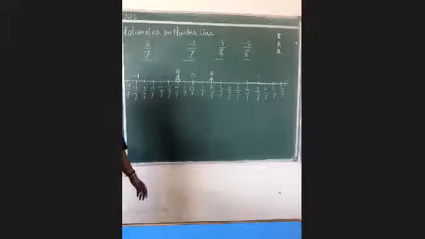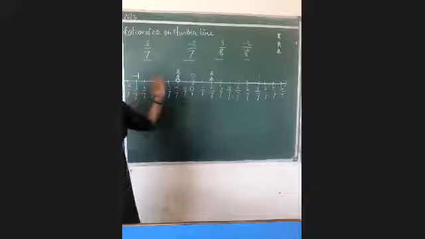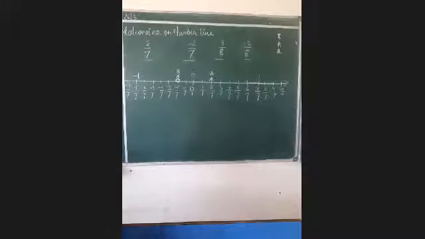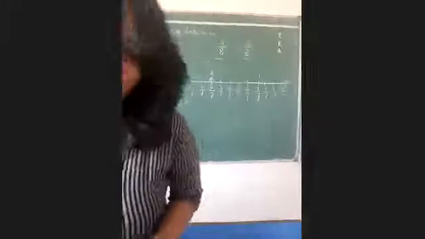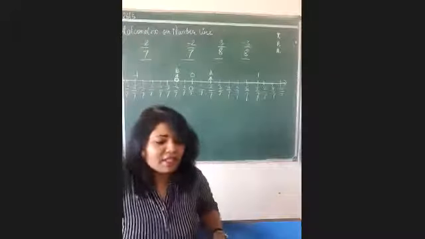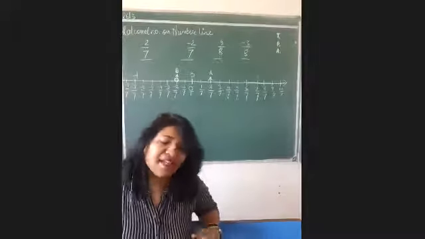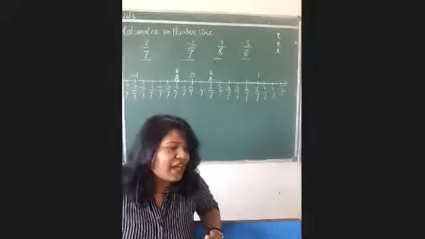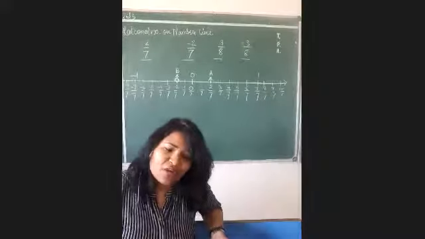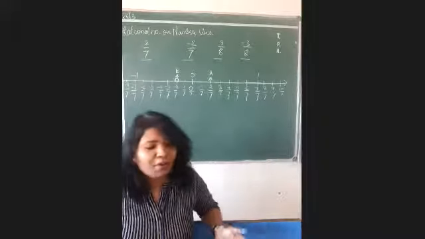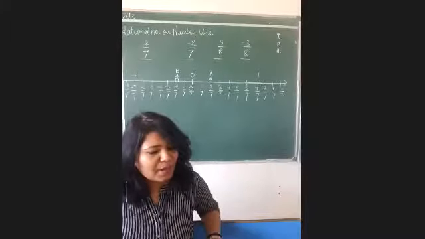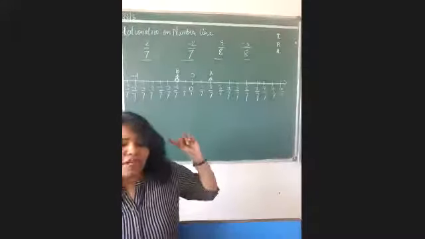This is completed. Now you can see there are so many numbers which are already represented over here. So you can take any one. In your NCERT, the questions are very, very easy for number line. But remember, it is not necessary that only the question which is written in your NCERT will come. So mixed can also come, normal fraction can also come, improper fraction can also come, and negative and positive both can come, because you are talking about rational numbers. So always remember, take care of number line.